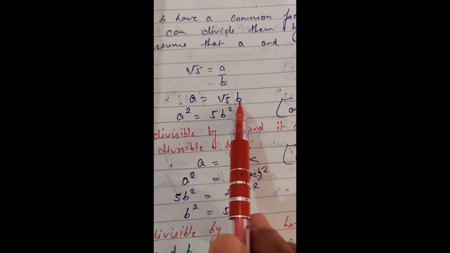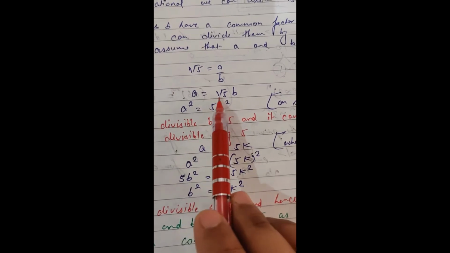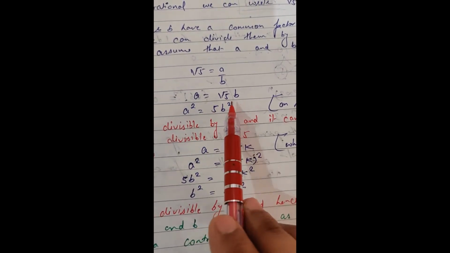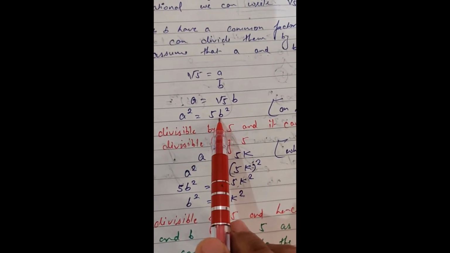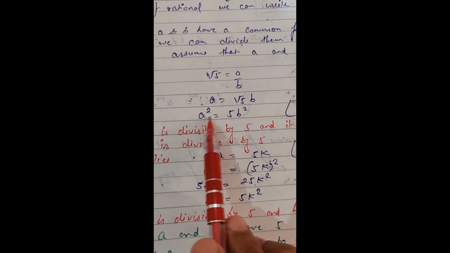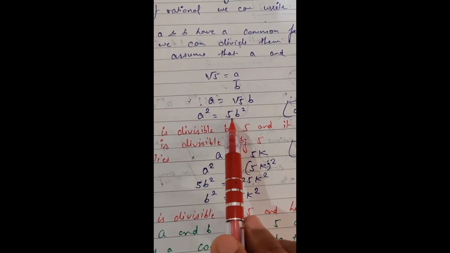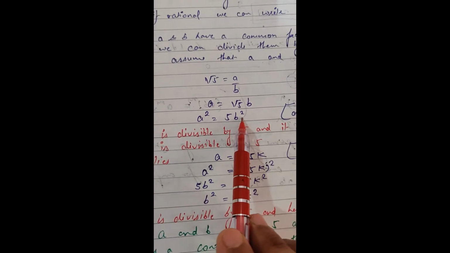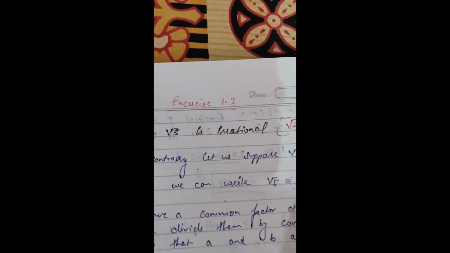Now, squaring both sides, you will get a square. Root 5 square is 5 and b square is b square. Now, a square is divisible by 5, as in the quotient is b square. That means, like, I'm explaining over here,